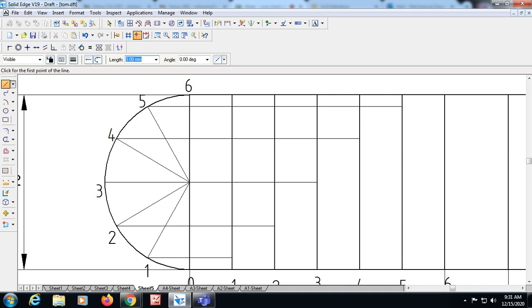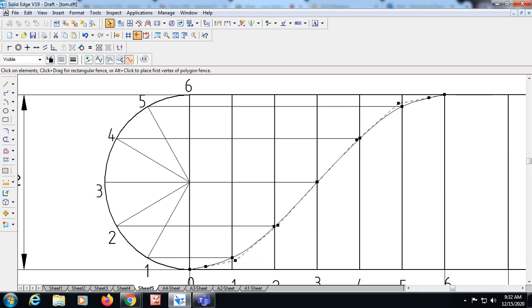Okay, now with these intersection points you need to draw the curve. This will be for the SHM curve. Again I will take one curve, and you also draw it freehand. So, the intersection of these points, I got the curve like this. I will make this dark. Okay, so we will be getting the curve like this.